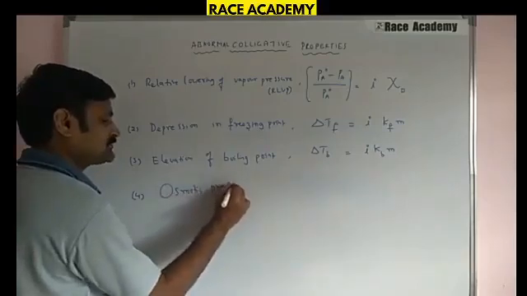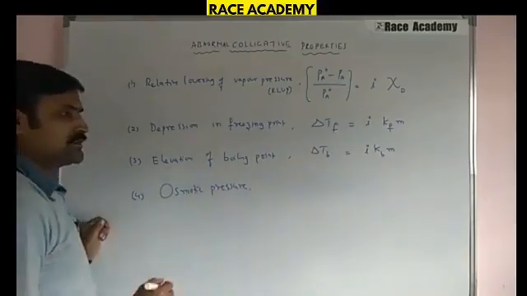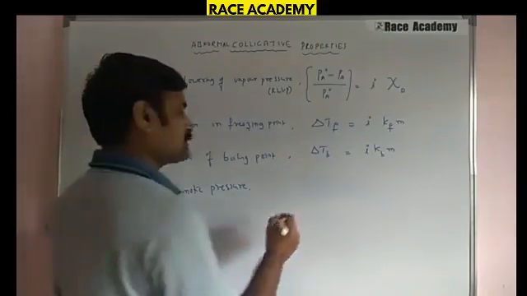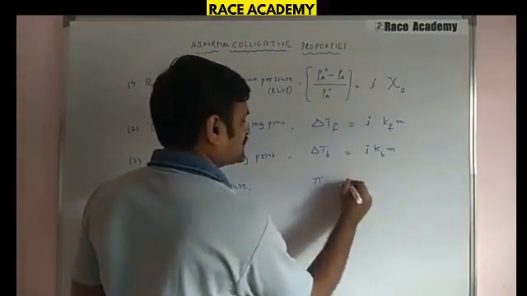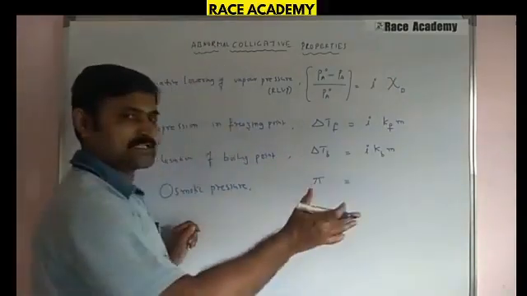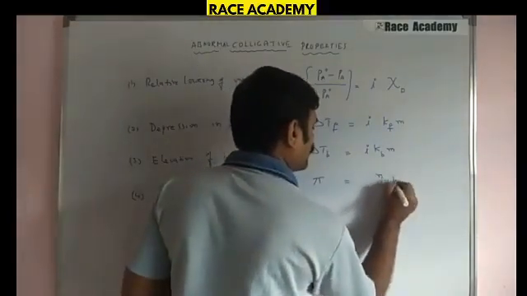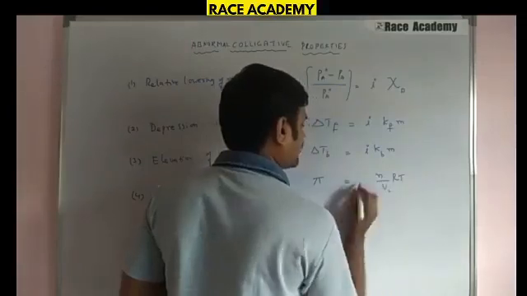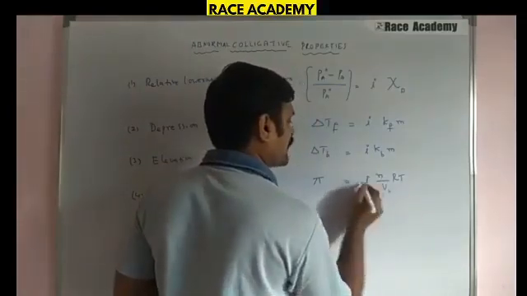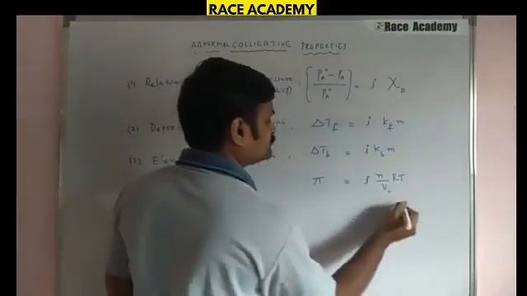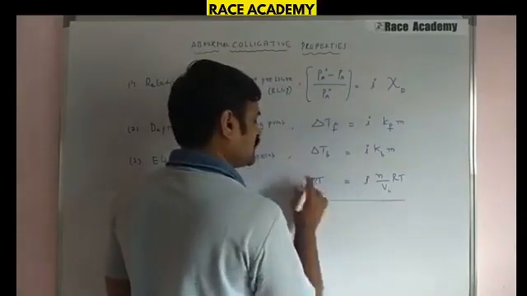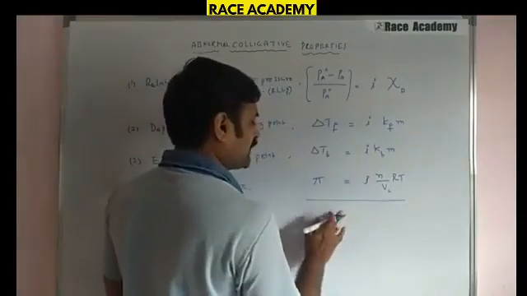Osmotic pressure. So osmotic pressure symbol is pi. So you can write pi is equal to CRT, that I am expanding as n by v into RT, when the volume is taken in liters and i is also included in this one. So this is the osmotic pressure expression modified using the Van 't Hoff factor.